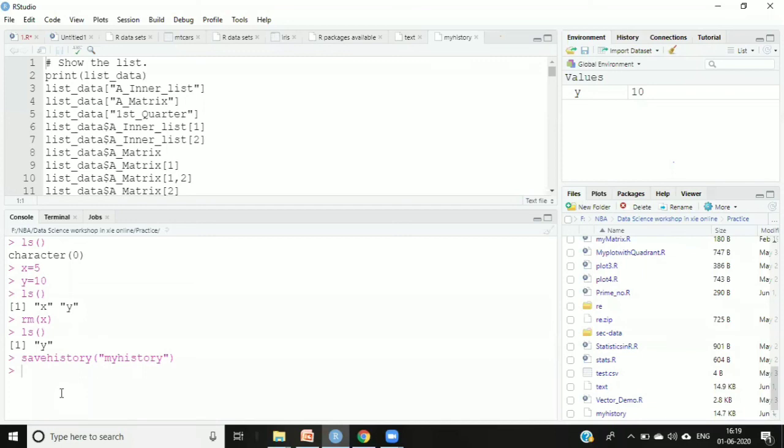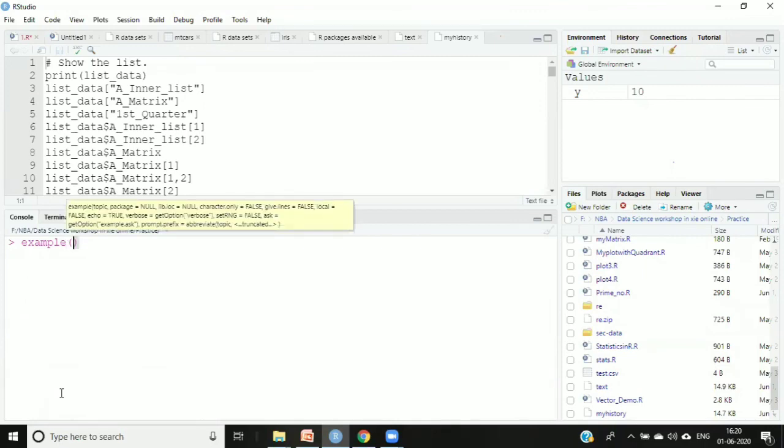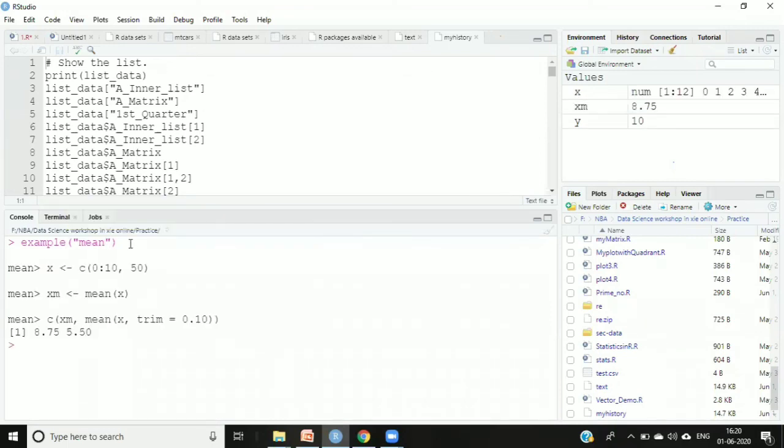Then I was trying to show you one command, that is example. If you want to see an example of how one particular function is used, you can always check with this example command. Suppose I want information regarding mean. I'll say example mean, and enter. It will show me how to use this particular function.